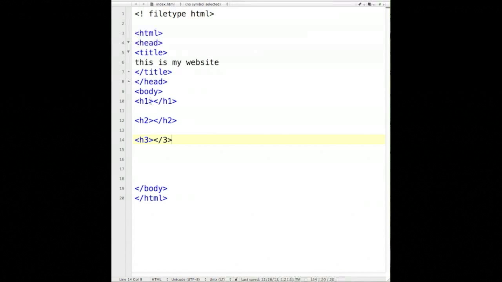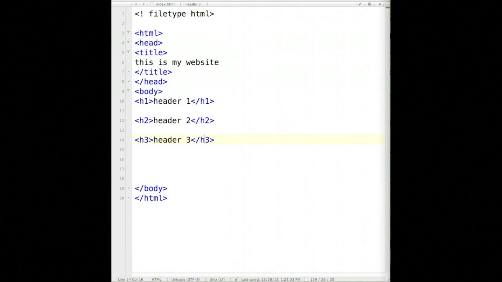So I'll show you kind of what that means basically. You'll have H1, and then a couple lines down make an H2 tag, and then a couple lines down do H3, and then in each one just type in anything you want. I'm just going to do header 1, header 2, header 3. What's up here? Yeah, I forgot the H. There we go. Okay, and then save that, and then when you go to your website to look at